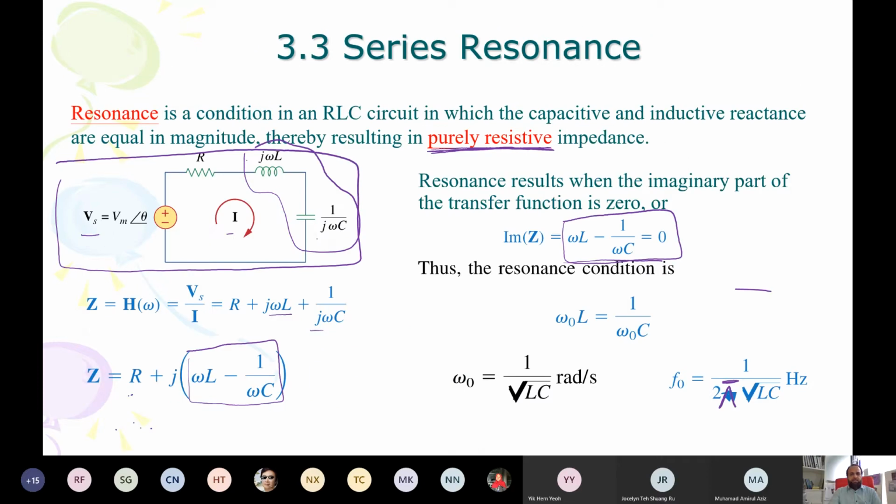You can use any circuit laws to find the transfer function. A resonating circuit means that the reactive elements of the circuit are cancelled out, so Z is purely resistive. This happens when this part is 0. So we set